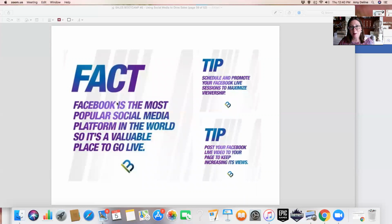Here's some facts that come from our friends over at Multibrain. Facebook is the most popular social media platform in the world, so it's a valuable place to go live. You can have a big impact by going live on Facebook. A couple tips: